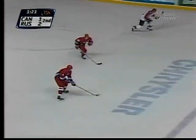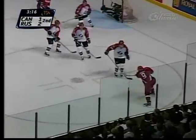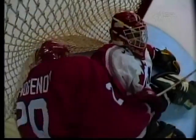Kokarev starting back. Kokarev gets it ahead. Afinogenov dipping, diving, can't get the shot away though. And he carried right on into Roberto Luongo. And no doubt,